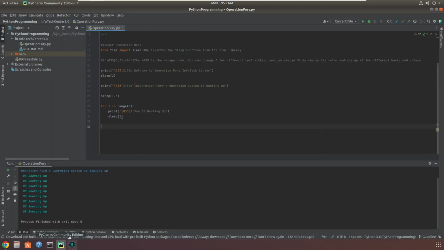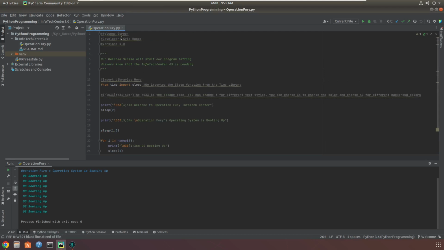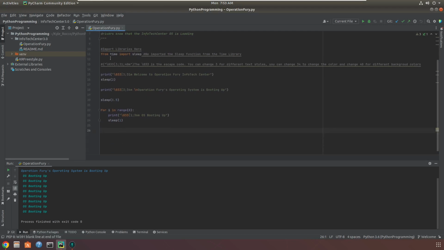Now if we go back to PyCharm, this is our code inside of our welcome screen branch. And this is where we import our libraries, and from time we import sleep. We are printing welcome to Operation Fury Info Text Center, and then we have Operation Fury's operating system is booting up. One of the things I want to point out is we researched how to get color in our text, and we learned that